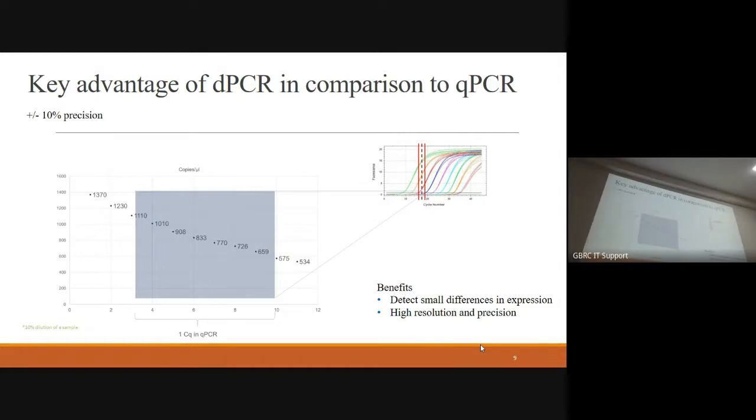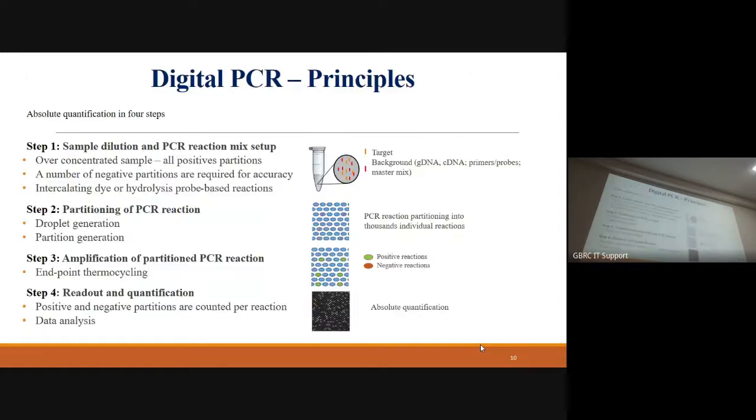So as I told, how it can detect differences in diluted samples. If your difference is 10-fold in the concentration, you will get around a 3.36 difference. Here you can measure a 10-fold difference in the concentration in a very good way. But suppose you are taking this 10-fold one. Here you can see how many points you can detect. This is 659 copies, this is 726, 770. Around a 40 to 50 copies difference you can measure using the digital PCR. That's why it is said that it detects small differences in expression as well as in quantification.